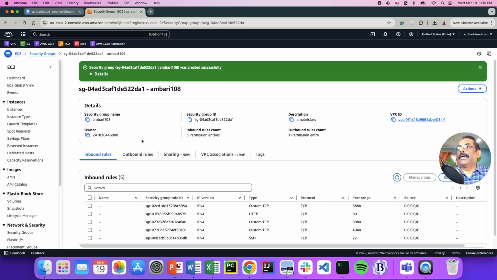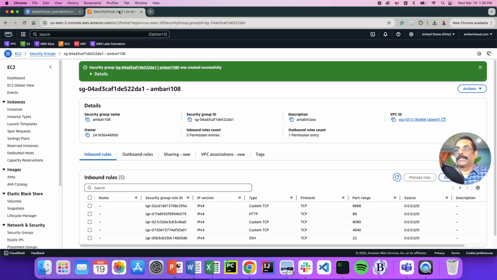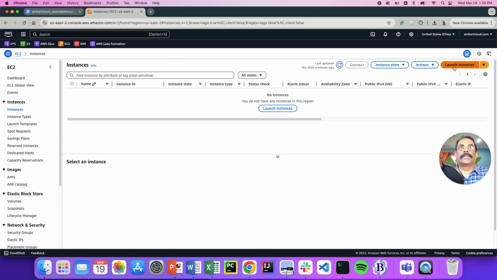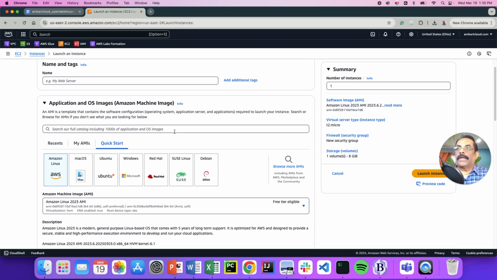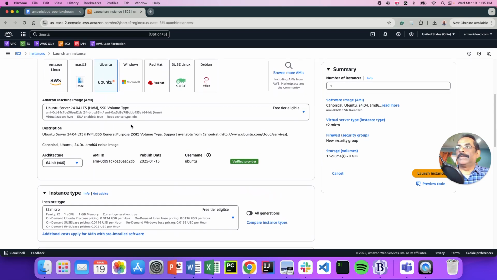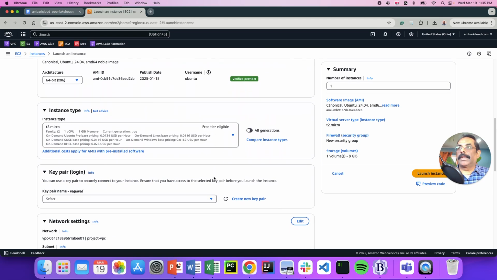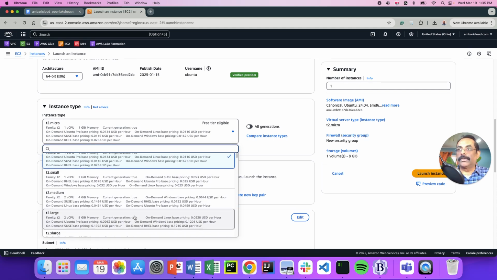Okay. So let's go back to here. We created a PEM file. We created a security group. And then we're going to create an EC2 instance. Okay. So click on instances, launch instance. Then for now, we're going to start with a brand new fresh Ubuntu instance. And here we select Ubuntu. And then here you select the node. Then I suggest you use a large node